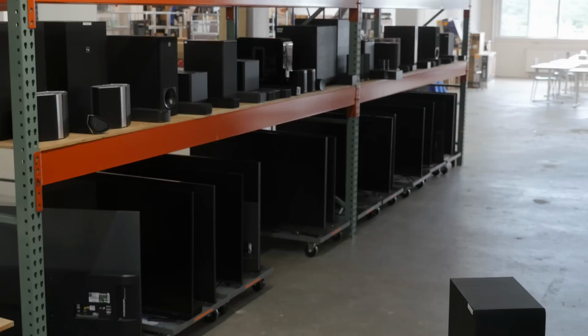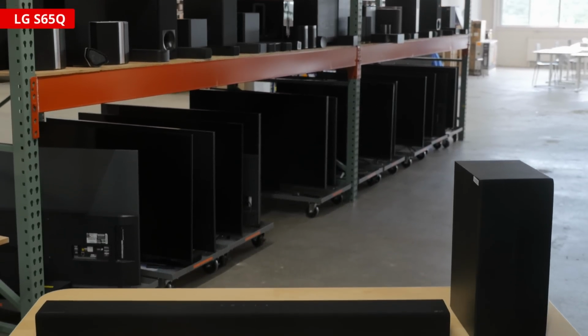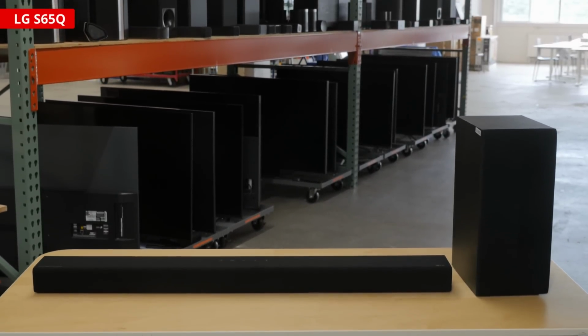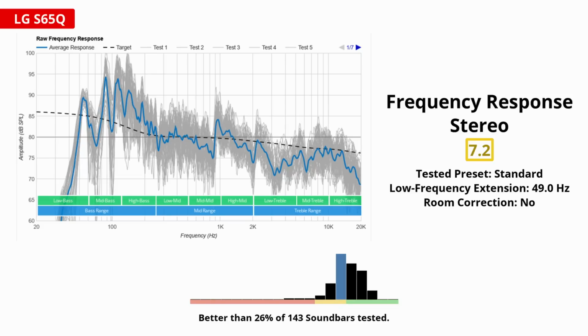We'll start with LG's budget-friendly models and build our way up to the top-of-the-line releases. The S65Q is LG's entry-level 3.1 setup. It's a simple bar that comes with a dedicated subwoofer, as well as a discrete center channel to improve its quality of dialogue. Overall, it's a good bar for vocal-heavy content like TV shows,